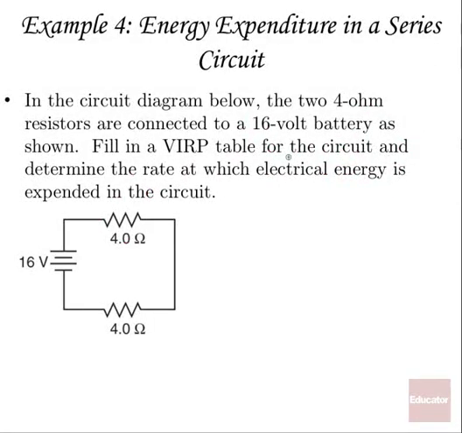Let's talk about energy expenditure in a series circuit. In the circuit diagram below, we have 2 4-ohm resistors connected to a 16-volt battery as shown. Fill in a VERP table for the circuit and determine the rate at which electrical energy is expended in the circuit. All right, let's call this R1 and this R2, so that when we do that now and make our VERP table, we've got R1